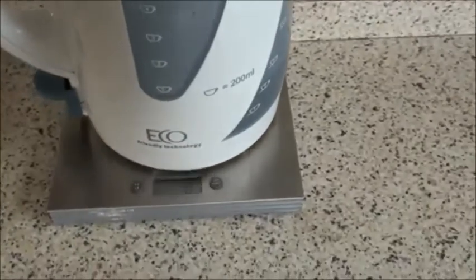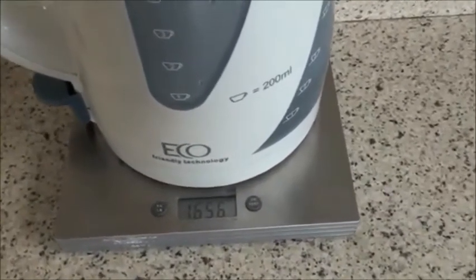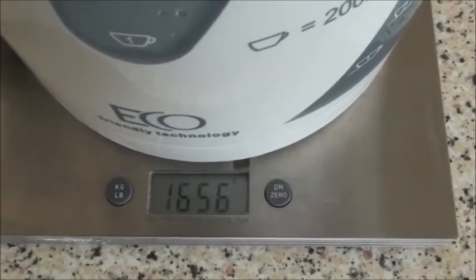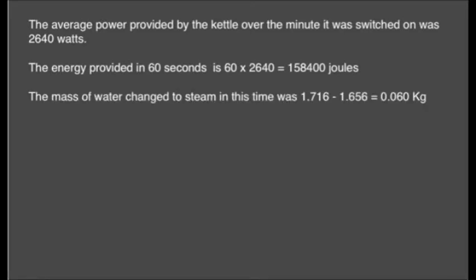At the end of the minute, we let the kettle switch off, transfer it back to the digital balance and measure the mass once more. As you can see, it has fallen to 1.700 kilograms. Using the values that we took during the experiment, my estimated value of the power was 2640 watts. The energy provided in 60 seconds will be 60 times 2640, which is 158,400 joules. Subtracting the final mass from the initial mass gives us 0.060 kilograms of liquid water